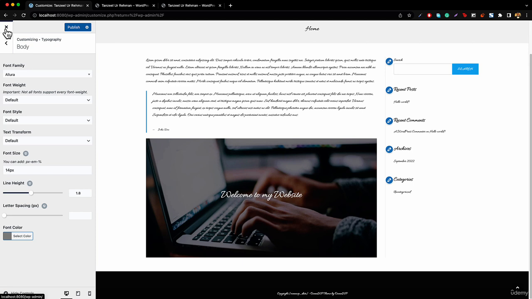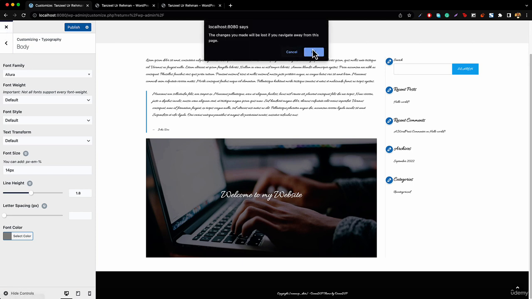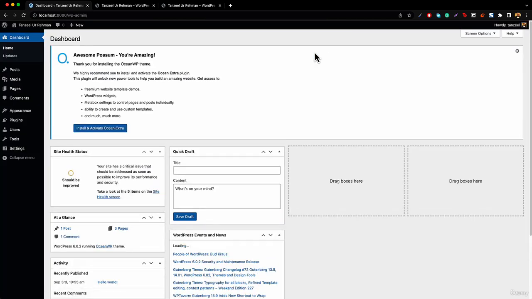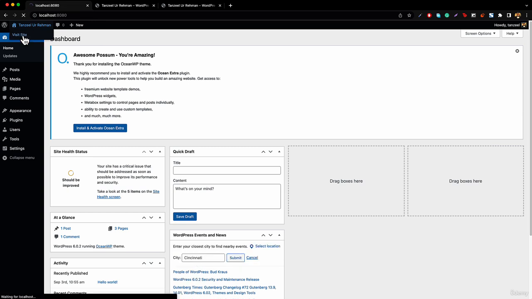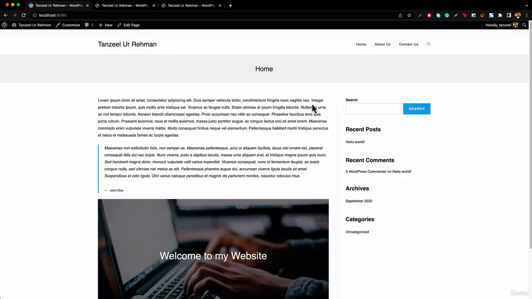Now, I'll be clicking on the cross over here so that the changes I just made are not saved. And now if I click on visit website, you can see that I'm reverted back to the default. So there was no issue if you were not copying exactly what I was doing. All right. So now from the next lecture, we'll be working with the theme customizer,